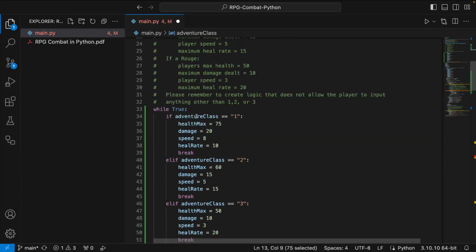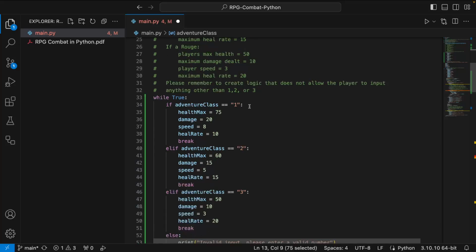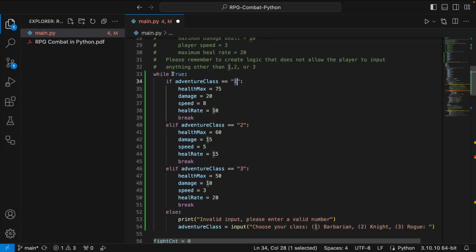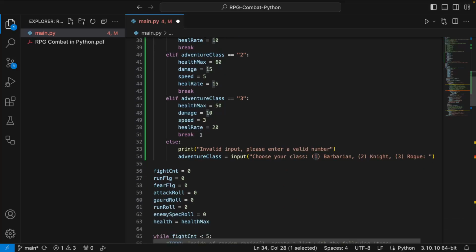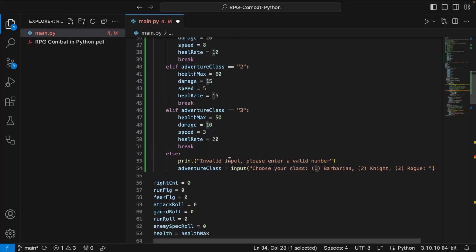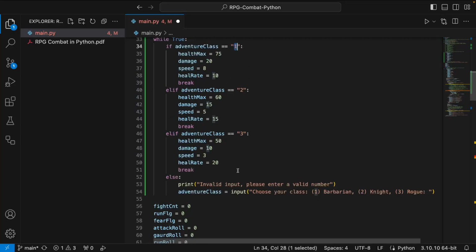And then while true, so while you get one of the prompts that you need to give it, then move on, right? Otherwise, you need to put invalid input, please try again, and it's just gonna keep looping through, okay?